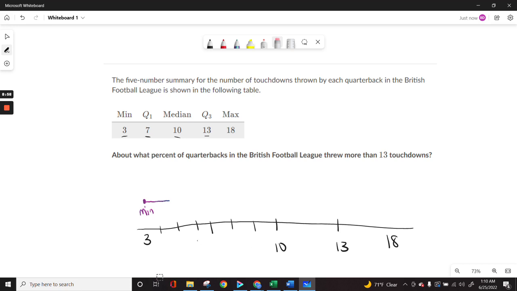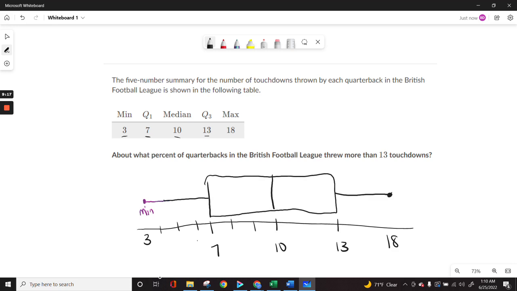Oops, I erased the wrong one. 3, 4, 5, 6, 7. And what I'm going to do is I'm going to bring my box and whisker plot over here to the 7. I keep creating my box until I get to 13. I draw a line at the 10, and then I create my whisker over to the 18. So I can create the box and whisker plot from the 5-number summary. Again, this represents 25%,